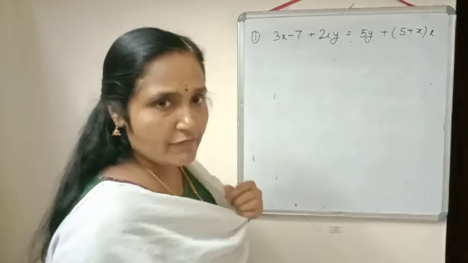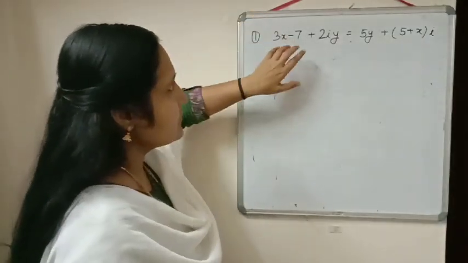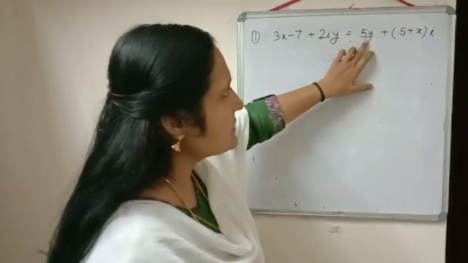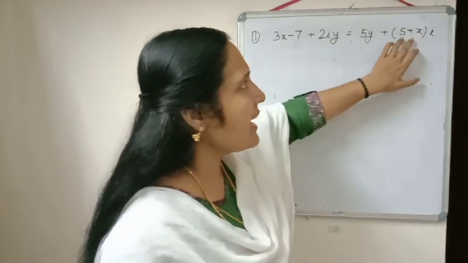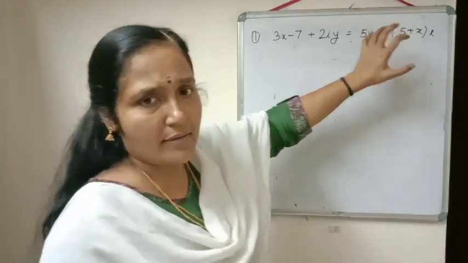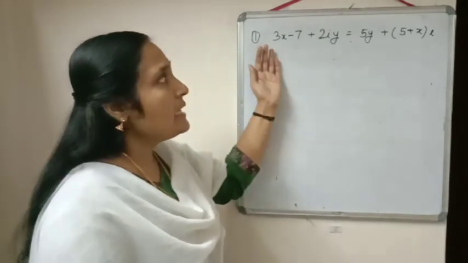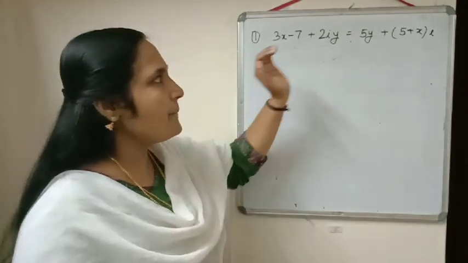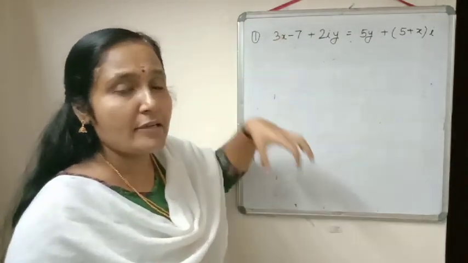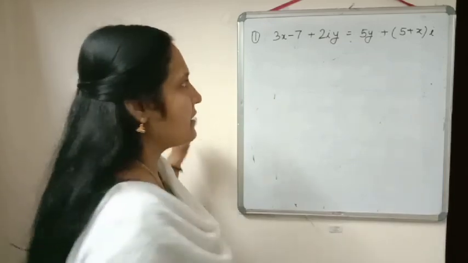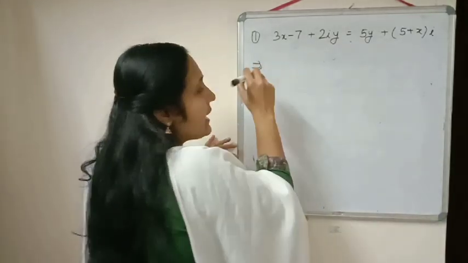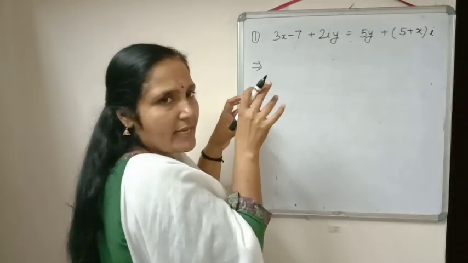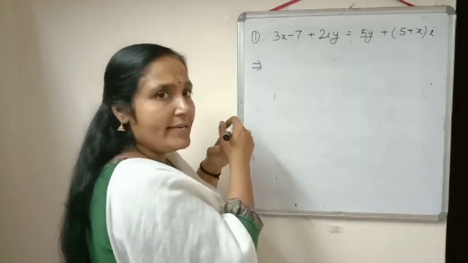So what is the meaning of this question? Here you can check. In this question, this is the real part and this is the imaginary part. And here also on the right hand side, this is the real part and the coefficient of i is called the imaginary part. And in the question, information is given that these two complex numbers are equal. So we know when two complex numbers are equal, then their corresponding parts should be equal. Corresponding parts equal means their real part should be equal. Except i, except the term which contains i, all the rest of the terms are called real parts.